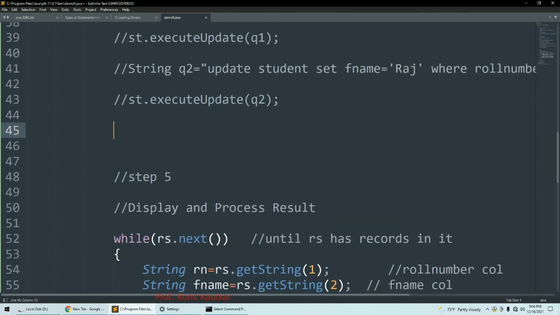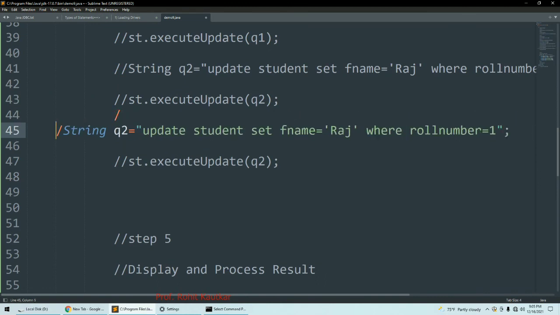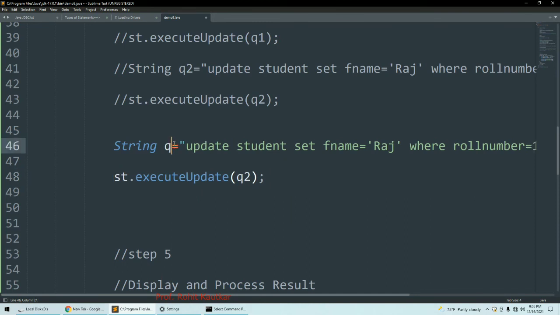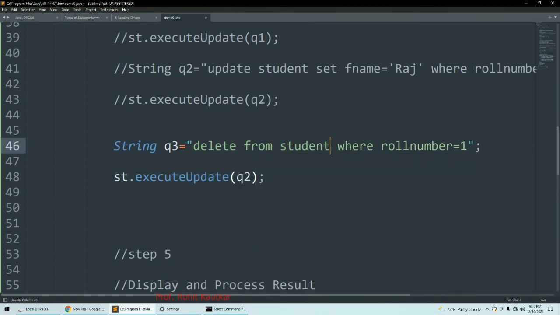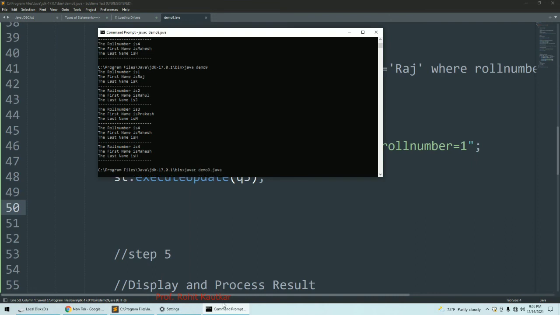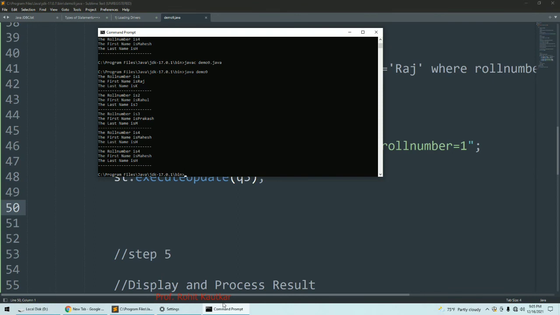I will duplicate these lines instead of writing again. I will change this to Q3, and I will change this query: delete from student where roll number is 1, and this should be Q3. Now again I will compile my program and let's try to execute it. Now it has deleted the record.